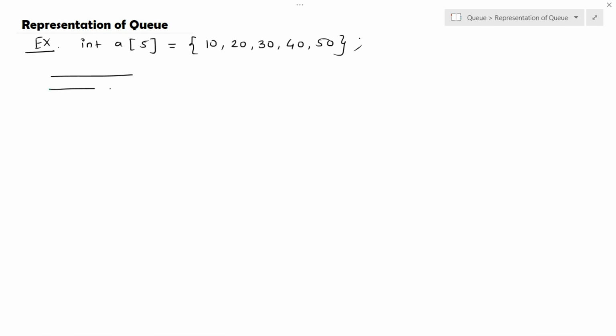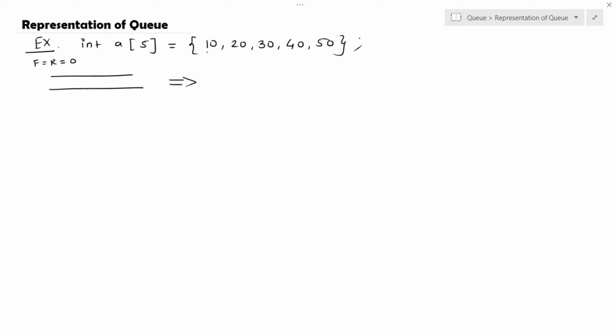Now first of all, our queue is empty. We consider the queue as empty when both the front and rear pointers are equal to 0. In a stack, when the value of top is equal to -1, then we can say that our stack is empty. But here the queue has two pointers, one is the front and the second one is the rear. If both pointer values, front and rear, are equal to 0, then we can say that our queue is empty.